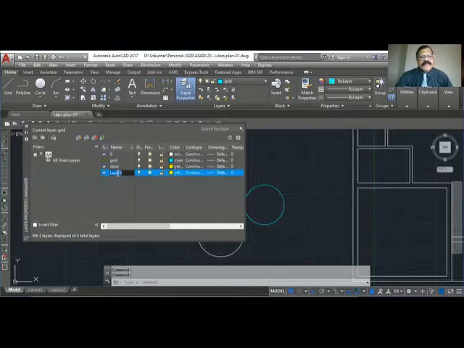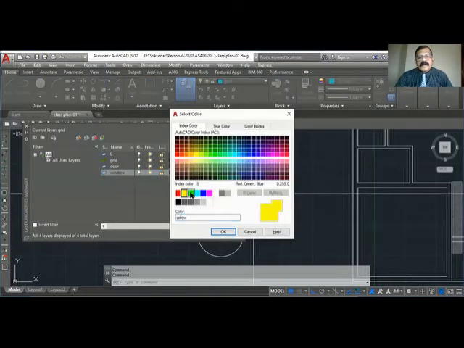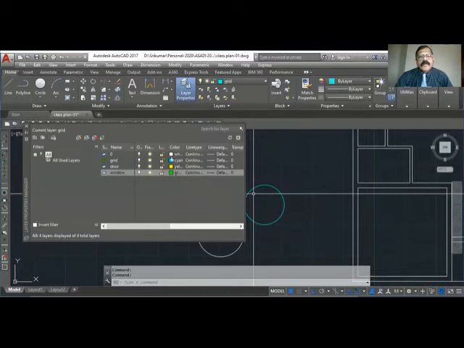Another layer, window. Green color. So I have created grid, door, window. So whenever we want, we can make layers.